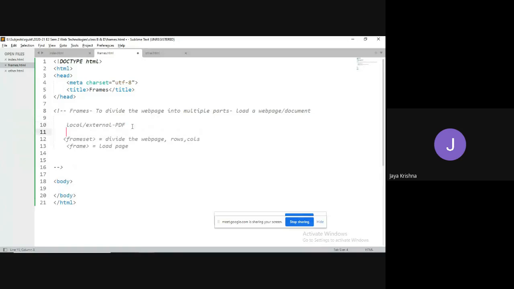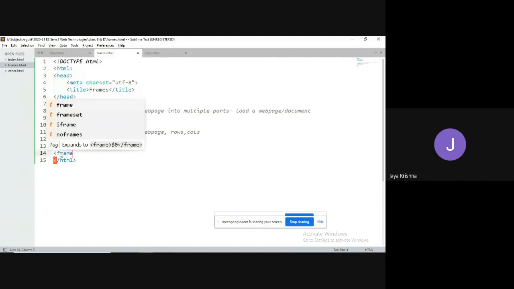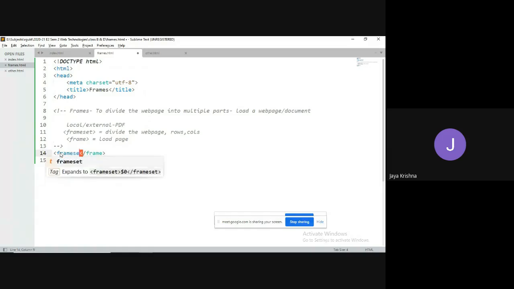And the important point is whenever you would like to divide a web page into multiple parts with the frameset tag, you should not write the body tag, because the frame itself is a container. Why do you need to take the body once again? No need. So that is the reason the frameset tag should not be written inside the body tag. That is one hard and fast rule. Even if you write it, it won't execute. So I have removed the body tag. Frameset.